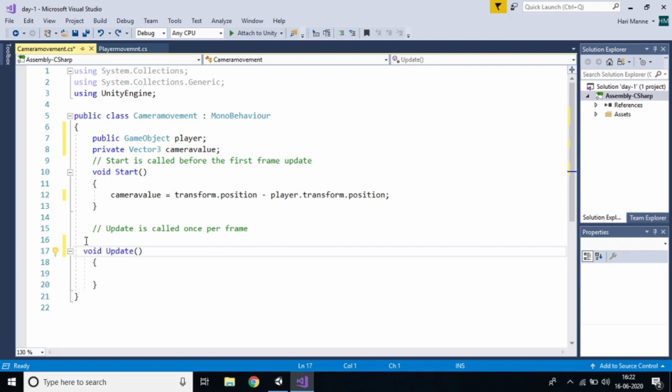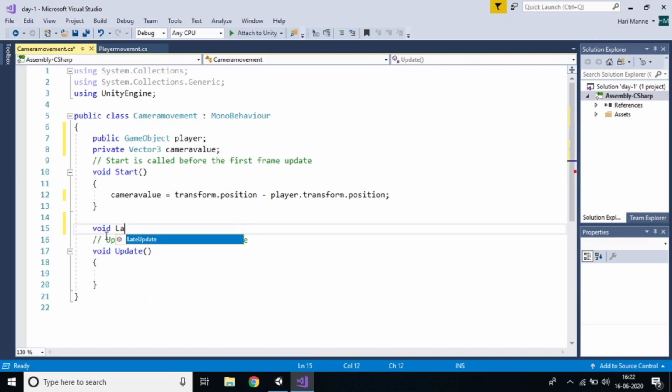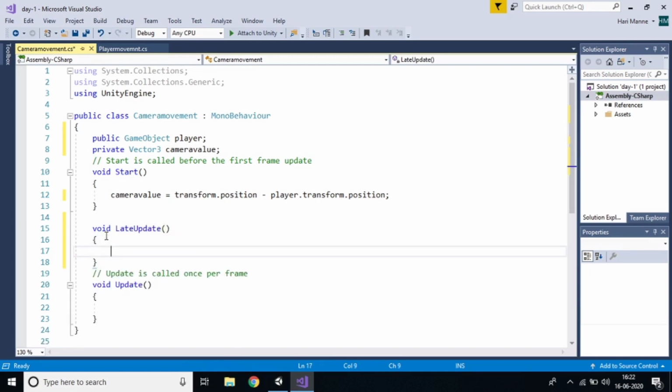I already explained the difference between Update and LateUpdate. So I want to create a LateUpdate, which runs after every frame. In LateUpdate, first I want to calculate the transform position.